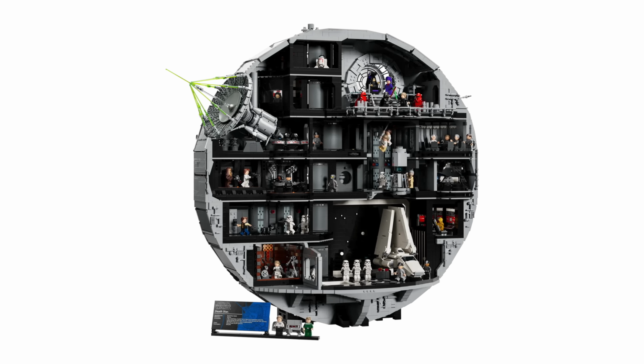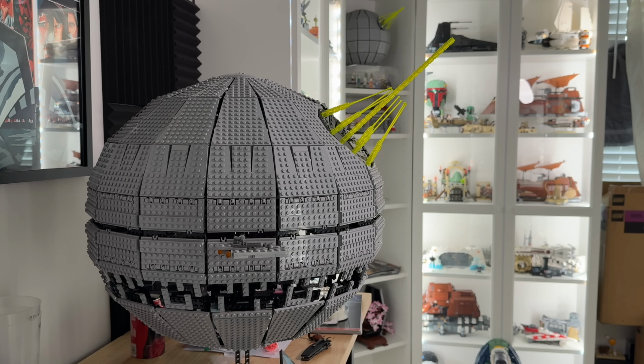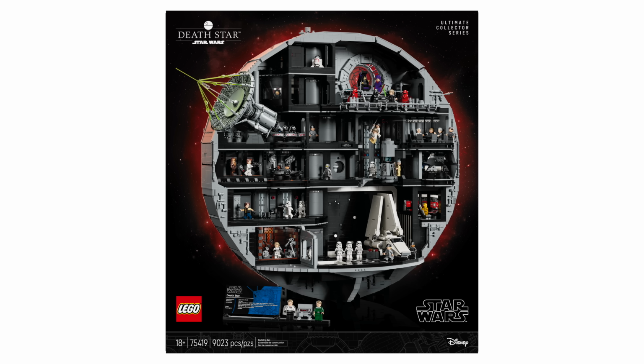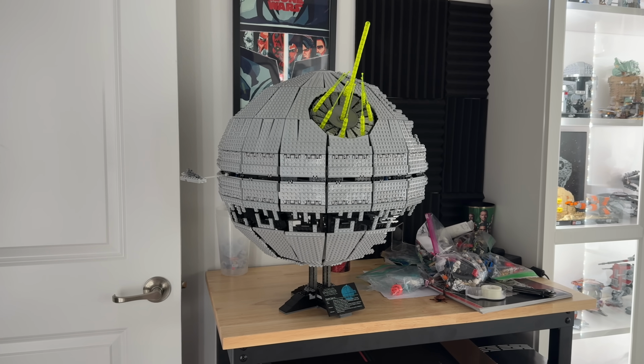But a Death Star with all the different rooms that it has like this would not be well suited to a spherical shape with panels, which is what people, including myself, envisioned a $1,000 Death Star would look like. But I think what they've done here is really smart and works way better than the other way around, because the issue you run into is if you give a big spherical Death Star with interior panels,